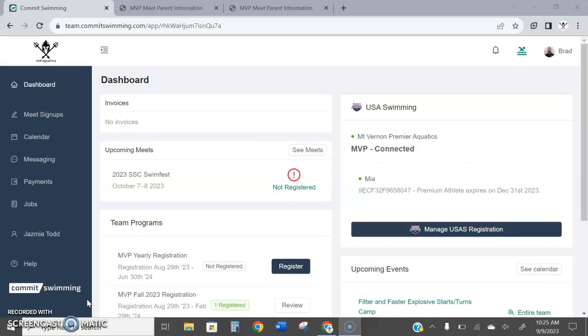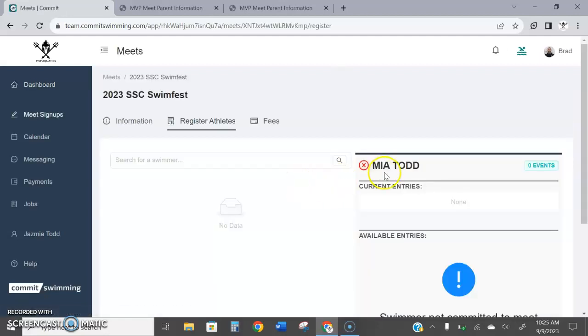There are two different ways to get to the meet, but you will be able to access the same information from either way. The first way is once you're logged into your account and you're on your dashboard, you'll see the upcoming meets. You want to select "Not Registered," and that will take you directly to the registration page